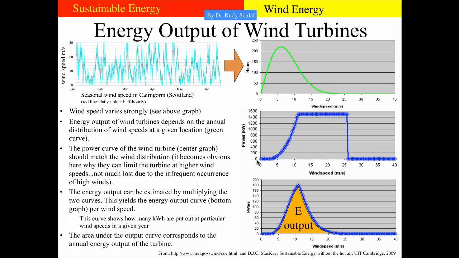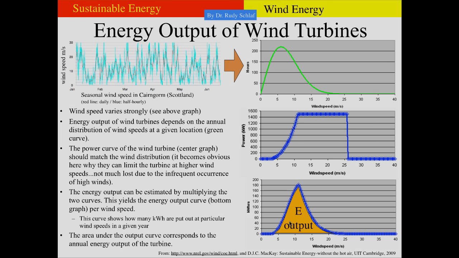So now we have the power curve like the one we saw on the previous slide. So first we have that velocity cubed increase, then the wind speeds at which they regulate the output power to be constant, and then at some point they even shut it down. And so if you multiply this power curve, which is energy per time, with the time we have certain wind speeds, we arrive at this energy output. So this here is kilowatt hours per wind speed, and the area under this curve, this is the energy output